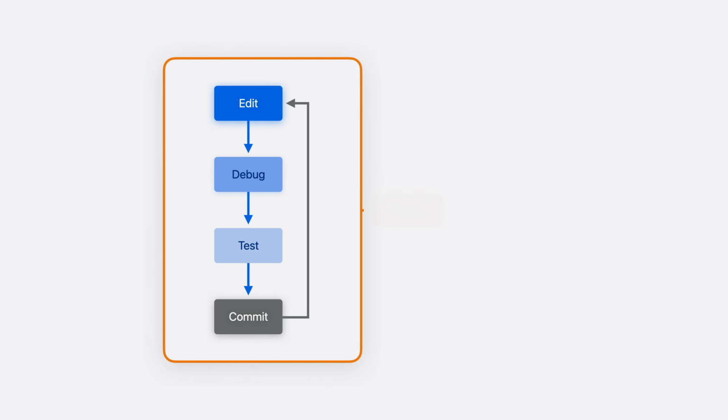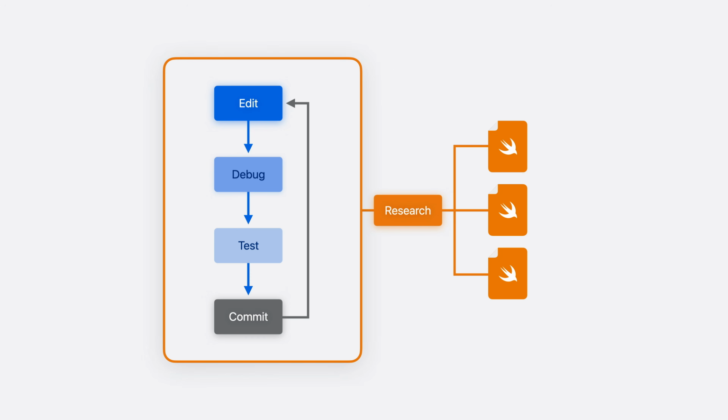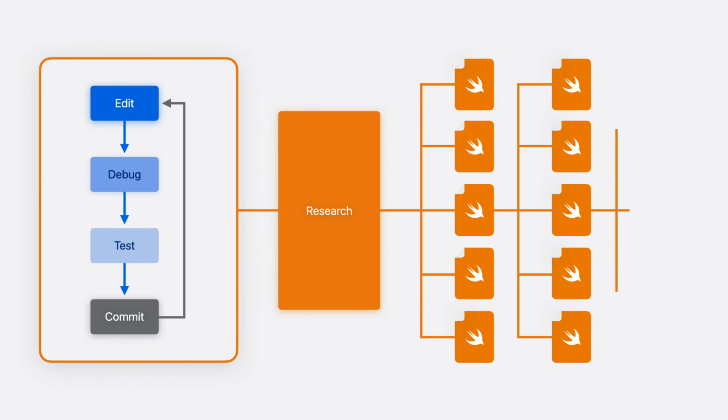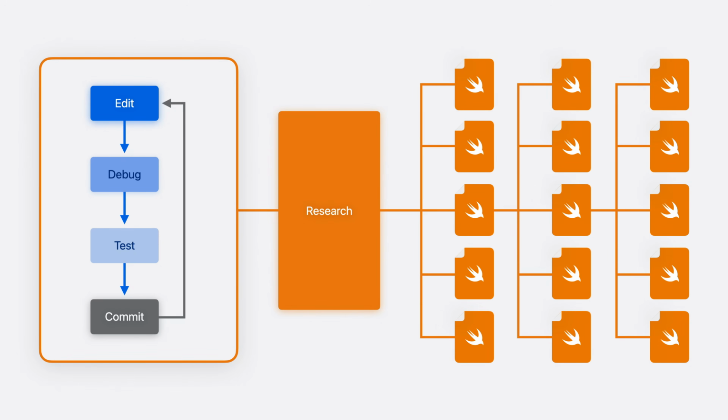When our project is new, the cycle is quick. Little research is involved. But as our projects and teams grow, or when we join a new team, the balance shifts, and getting started on the problem becomes half the problem. Adding features and fixing bugs involves more research, so we can make the right changes in the right places. The good news? Xcode has tons of features to help you find the code you need to make your next change.